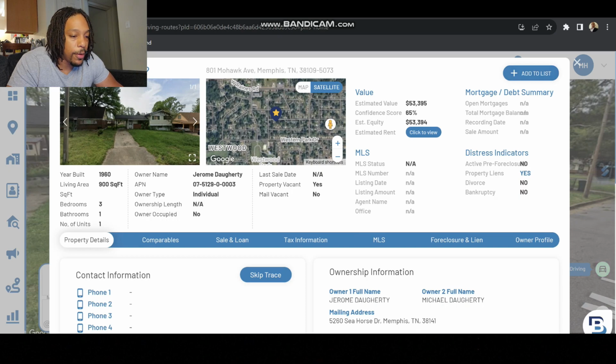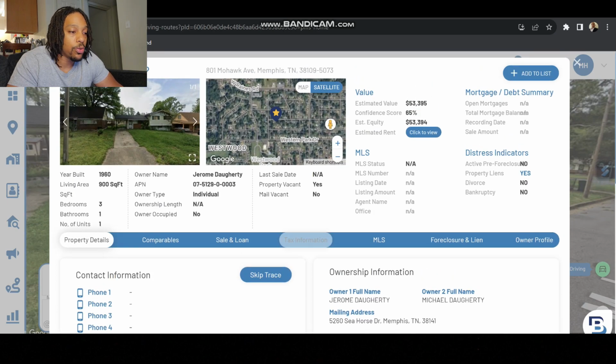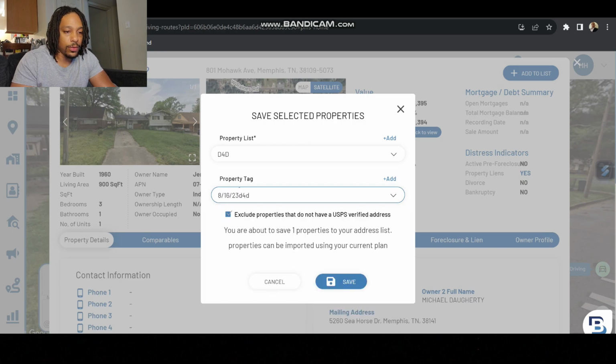And again, if I don't have the phone numbers, which I have a free way to do it, TruePeopleSearch, we can just click the skip trace and then all that information will be added for you. Now the skip trace will be more accurate than TruePeopleSearch, but I've definitely gotten some numbers and gotten in contact with some people when I was just trying to do a really quick reach out. Definitely gotten in touch with people using TruePeopleSearch before. Let's go ahead and add that one to the list. Add it to this list, save it,